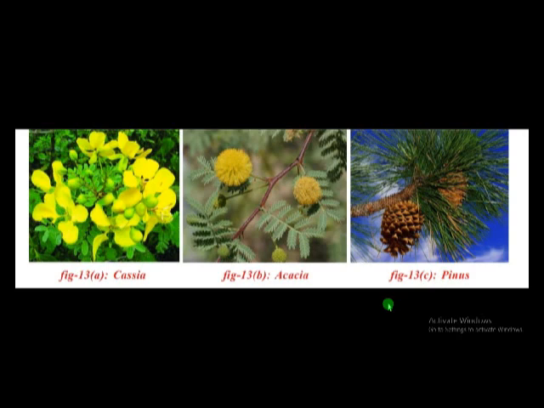And latex means a milky-like substance. We obtain latex from the rubber plant. The rubber we use is coming from the latex of the rubber plant. And latex, gums, tannins, resins, and alkaloids, all these are the secondary metabolites that we obtain from plants.